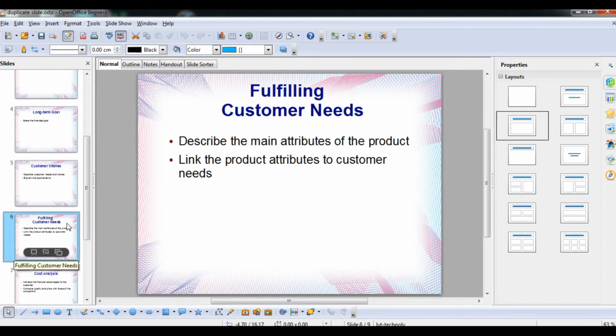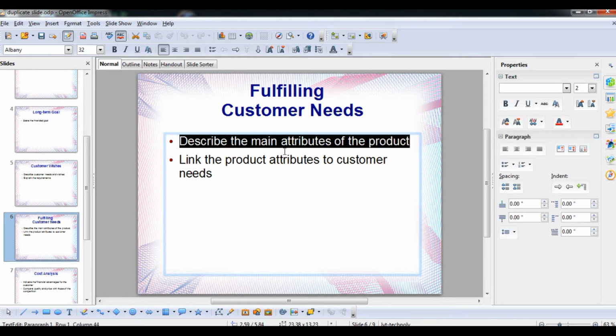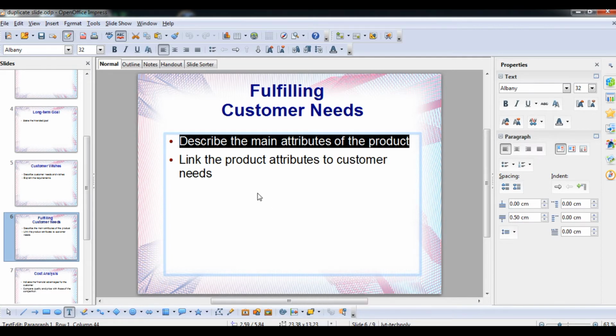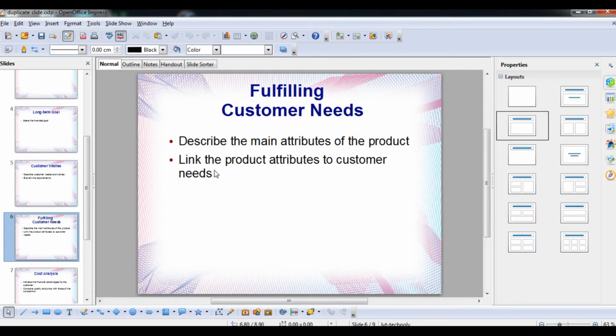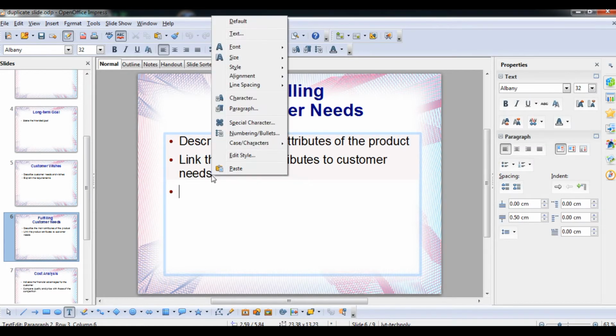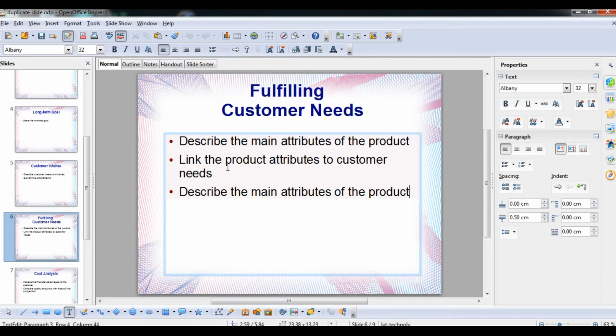So I'm going to come here. First of all, according to the step, you have to select with the mouse and right click. Now you can see that the cut and copy options are in the menu. You can just select copy or cut, it's up to you. Press the copy button, then go to the new location on the particular slide, press enter, right click, and paste it. Now you can see the same line has been copied.